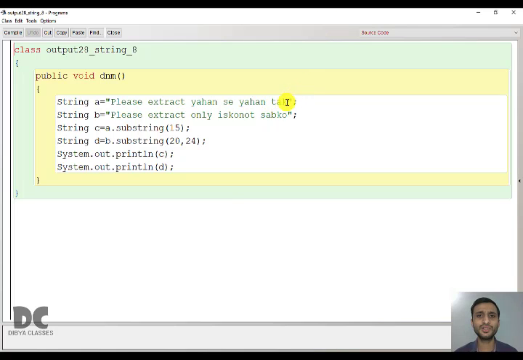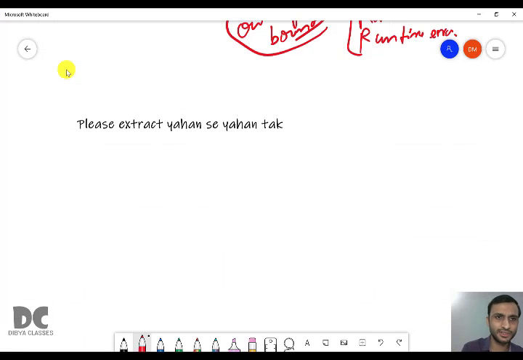So let us first find the locations so that it will be easier to solve. The first string is "please extract yahan se yahan tak". Let us write down the locations. It is 0, 1, 2, 3, 4, 5, 6, 7, 8, 9, 10, 11, 12, 13, 14.